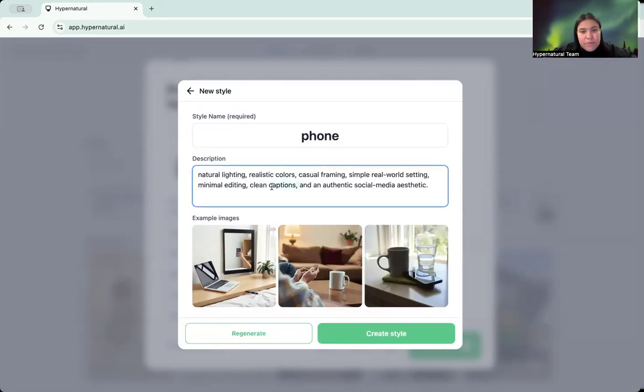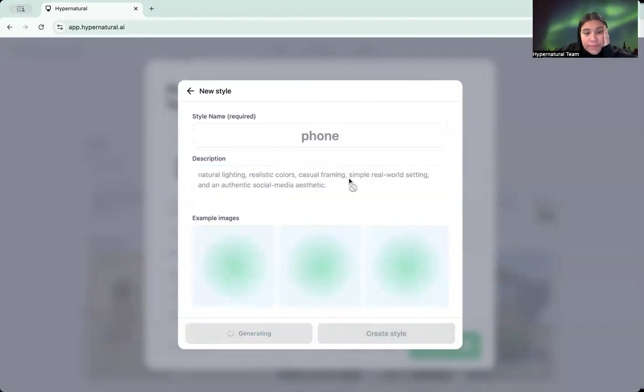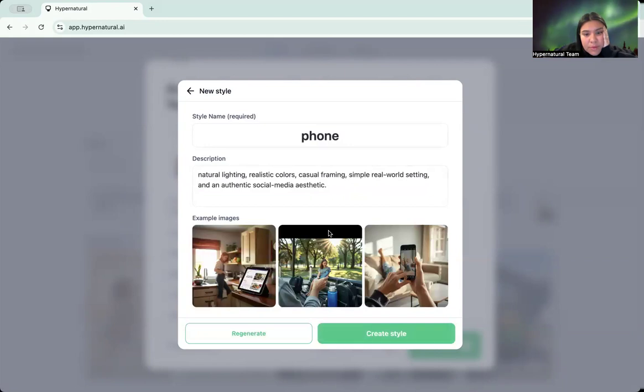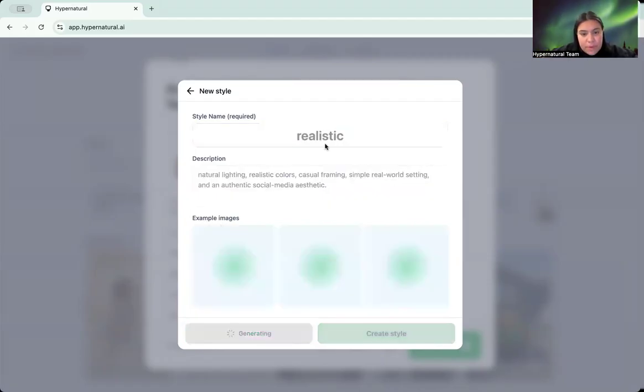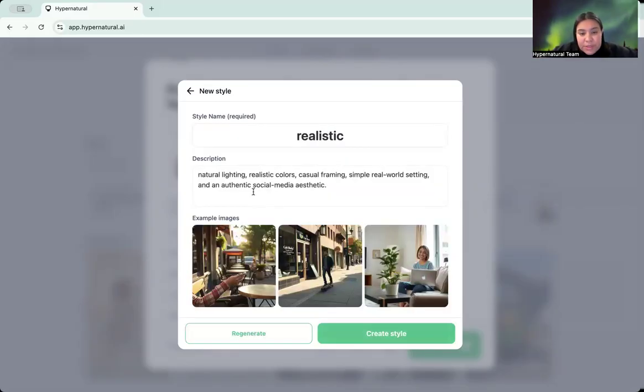captions. Let's remove clean captions since we are adding captions in real world setting. Do this. Okay. It might be getting a little confused and putting the phone everywhere in this. So sometimes also something to note, yeah, this is better, is if